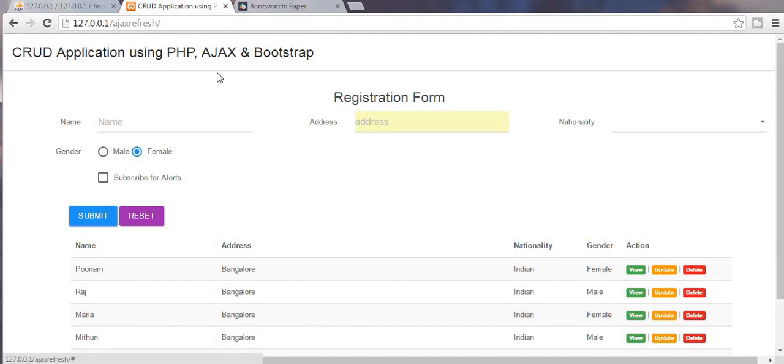AJAX stands for Asynchronous JavaScript and XML. Okay, it allows us to send and receive our data to and from the server without the page being refreshed. Okay, so with the help of AJAX, you can save your data without refreshing your page, and also at the same time you can fetch your data without the page being refreshed, because